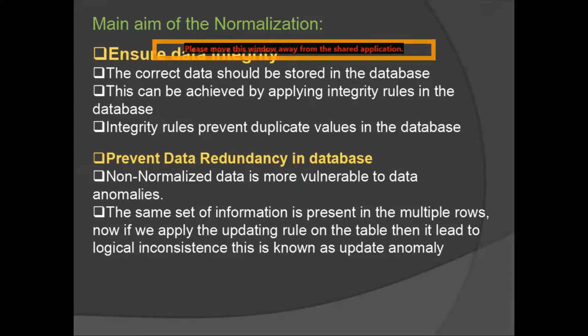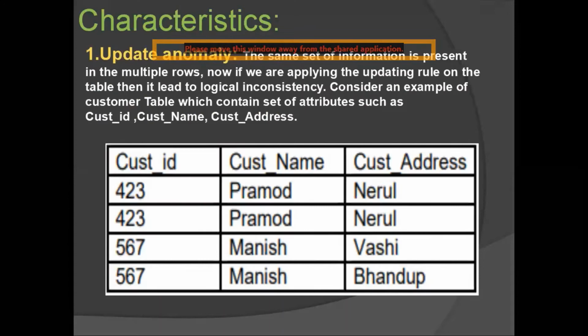So let's move on to what the different anomalies are first. As I told you just now, an anomaly is a problem that takes place in special cases. These are problems that occur when a particular special situation comes up. The first anomaly that we have here is the update anomaly. So what exactly does update anomaly mean, kids?